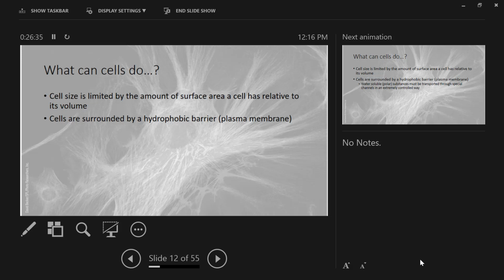So the phospholipids line up to where those hydrophobic regions can be side by side, and you create this hydrophobic barrier. So it prevents water from moving super efficiently across that membrane. So water-soluble, also known as polar substances, these aren't going to move across the membrane very well because you've got this massive non-polar region. So they have to be transported through specific channels, and the cell has to control that. So it gives the cell a very high level of control over what gets in and what gets out.